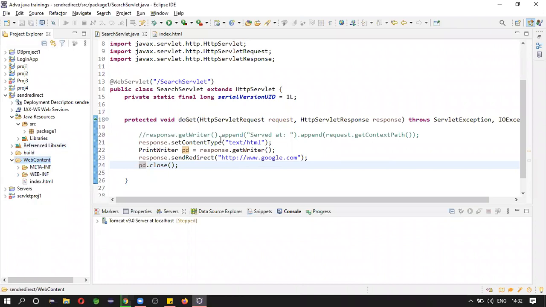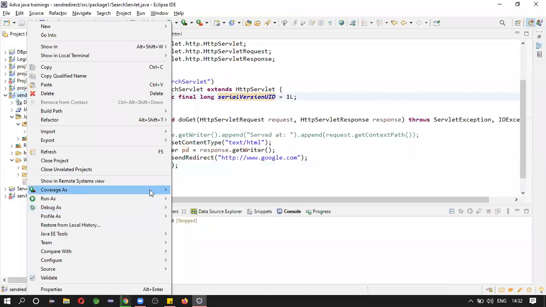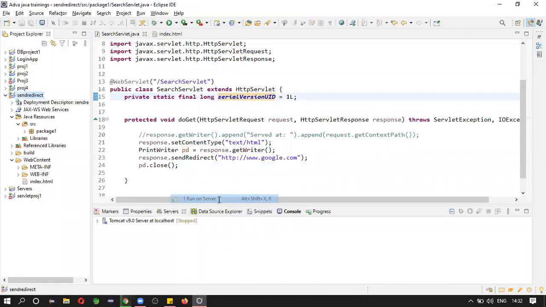Okay, now let's try to run this application. Run as, run on server.